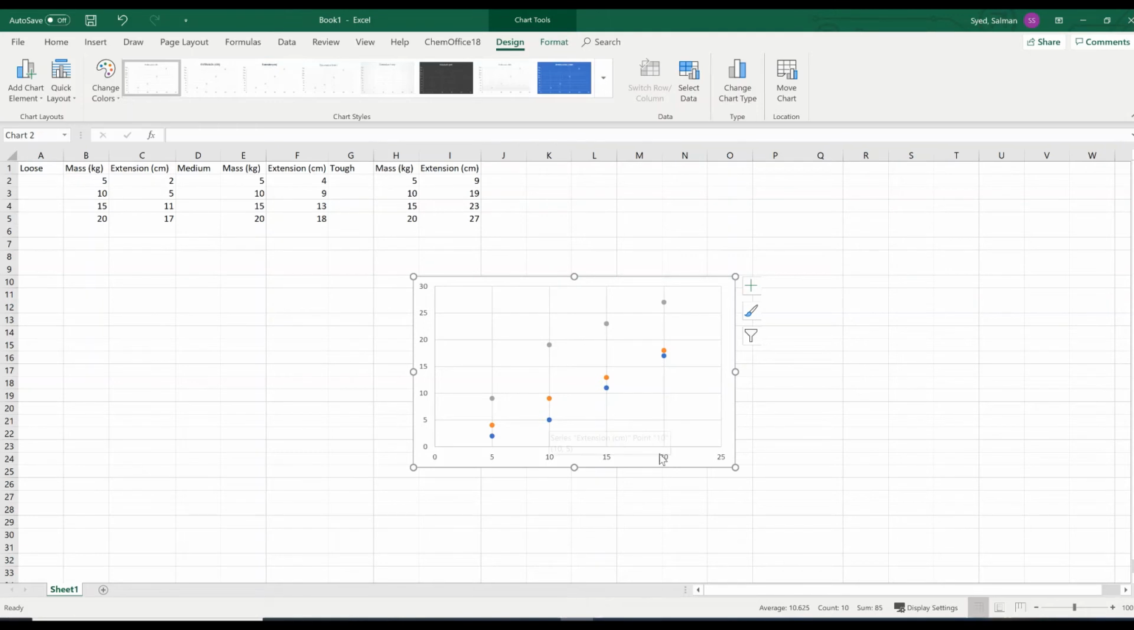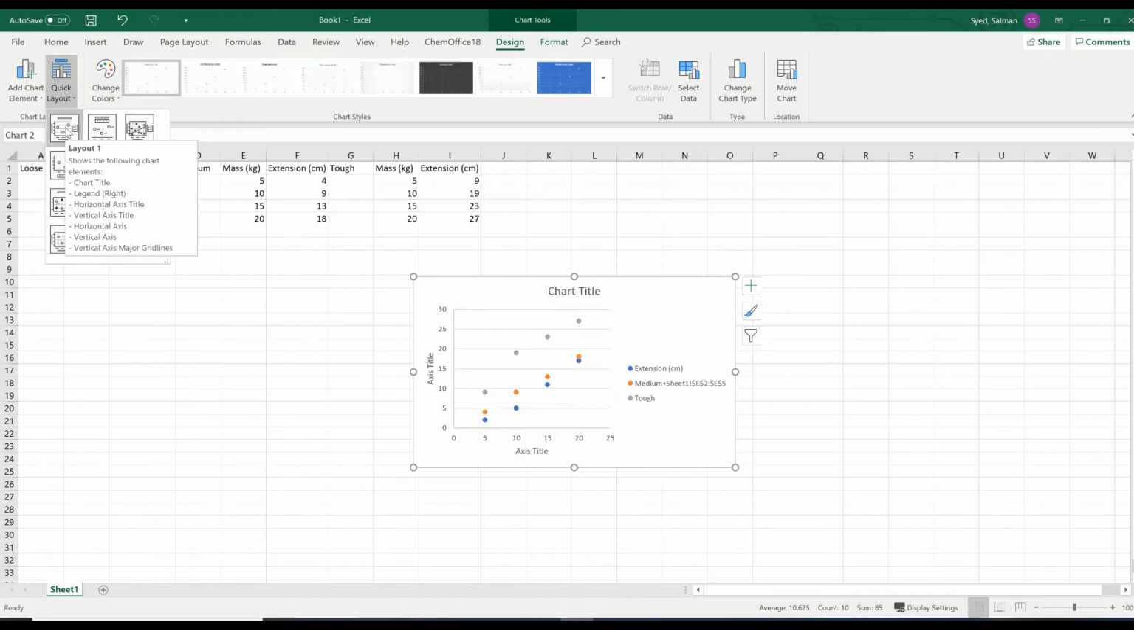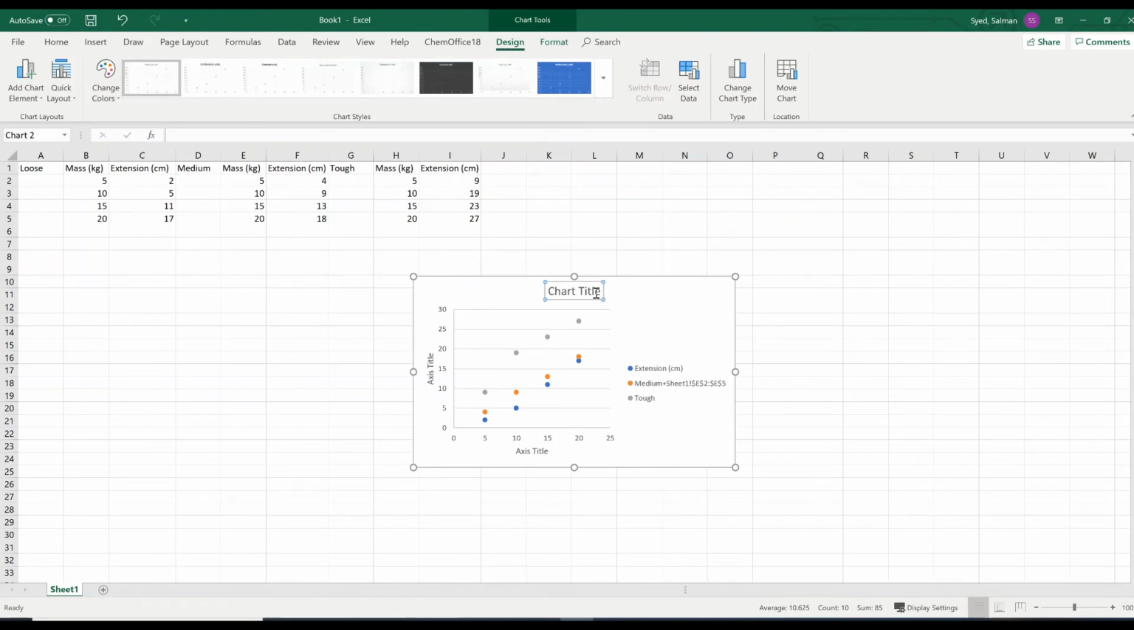We want to actually label our whole graph. So how do we do this? We're in Design right now, and we go to Quick Layout. Usually I like selecting the first option, so click the first option. As you can see, our axes are here and our chart title is here, so we can create a name for the chart title. So let's just say